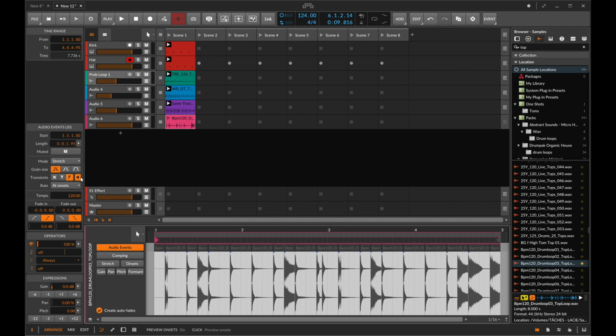This preview thing is probably just so you can hear where the transients are. It's probably not designed to be left on, but it does give some rather cool effect. Let's listen to it without it and turning it on. Cool, so what that does is it basically is just giving us the transient of every sound. If I turn it off,